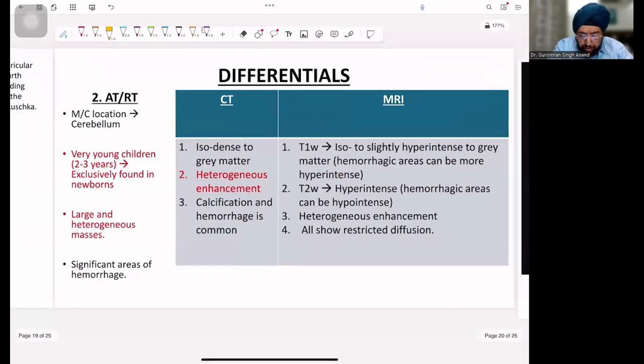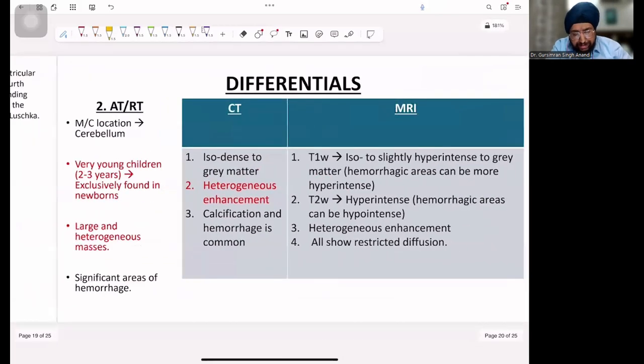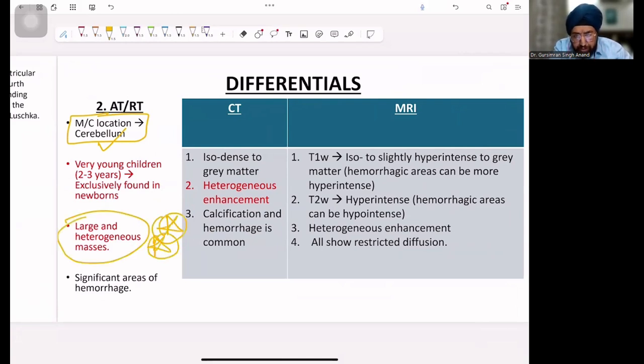The next differential being your atypical teratoid and rhabdoid tumors. Again, the most common location for these is your cerebellum. You should be knowing about the differentiating points. These are usually large heterogeneous masses. They are extremely heterogeneous, even more heterogeneous than medulloblastomas. And the age group is your very young children, that is before the age of 3 years